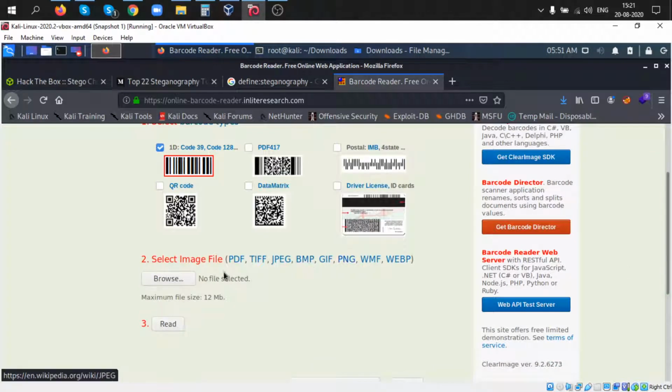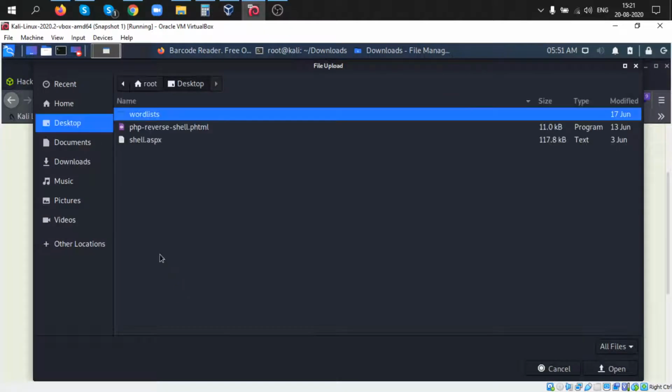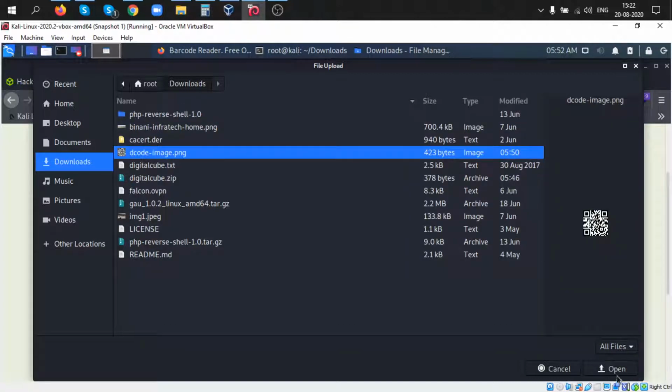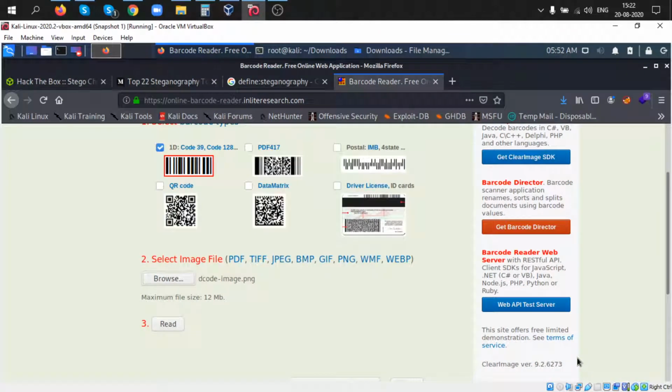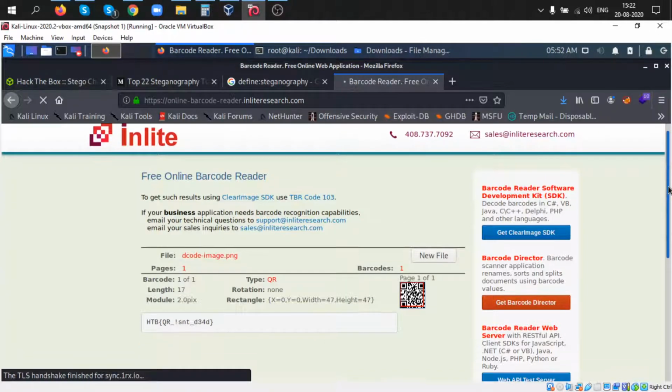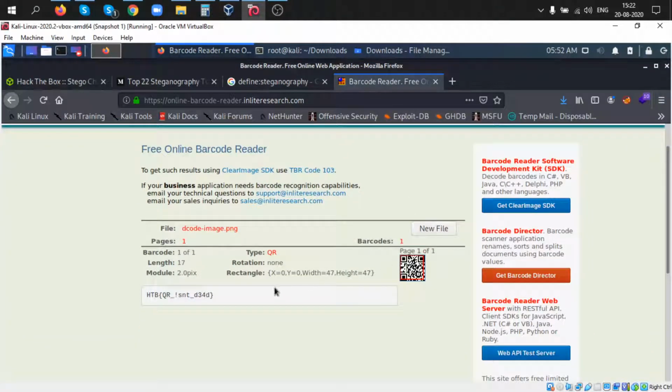I downloaded the PNG format, so I click browse, go to the download options, search for the 50:50 file, decode, and click open. Now I click read and scroll down. Yeah, I got it.